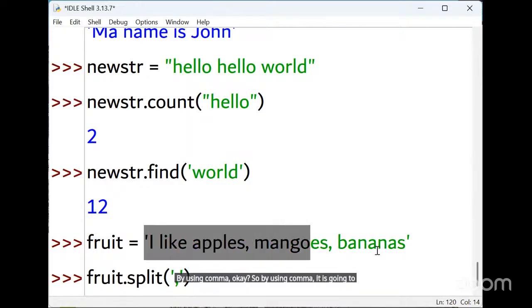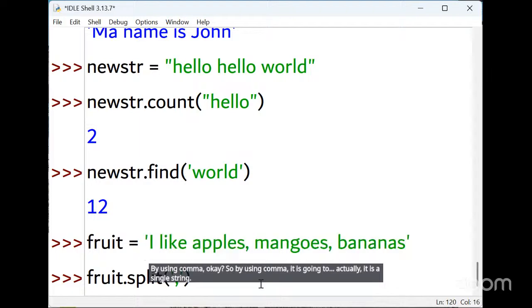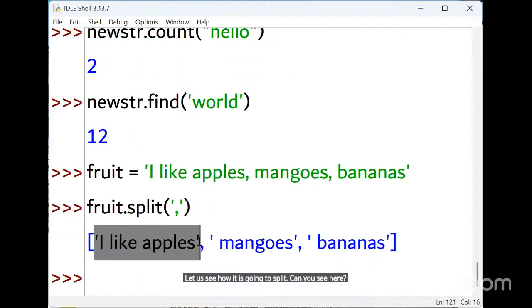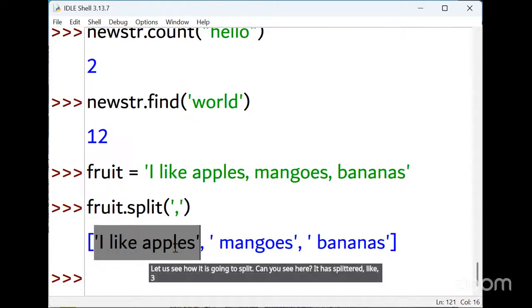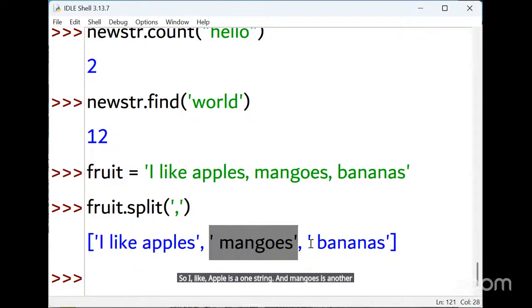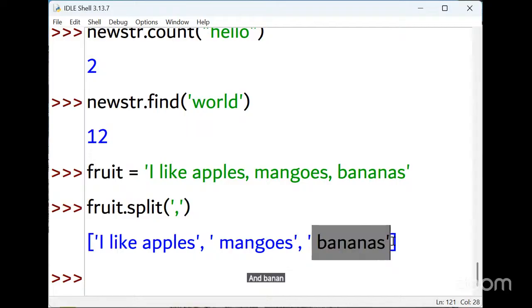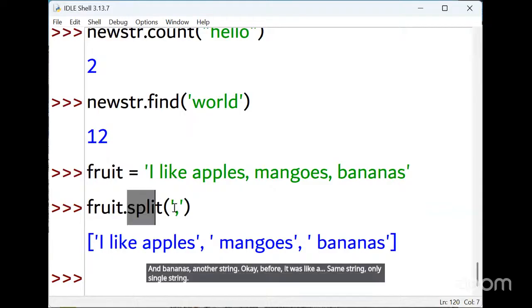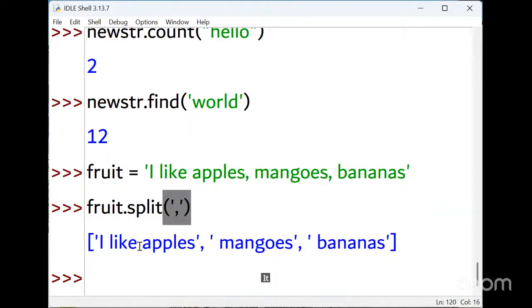Actually it is a single string. Let us see how it splits. Can you see here? It has split into 3 different strings. I like apples is one string, mangoes is another string, and banana is another string. Before, it was a single string. By using the split method, it has been split.